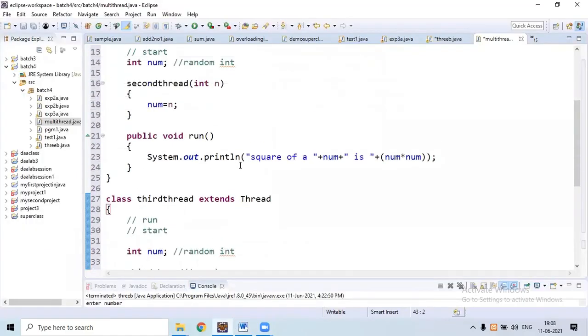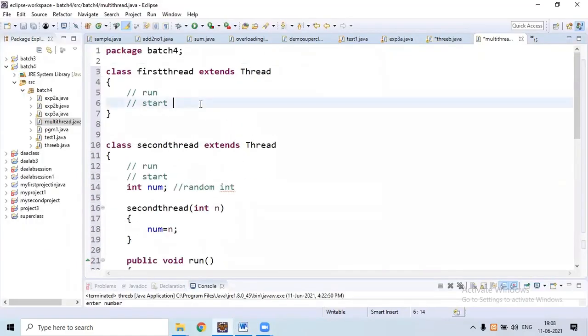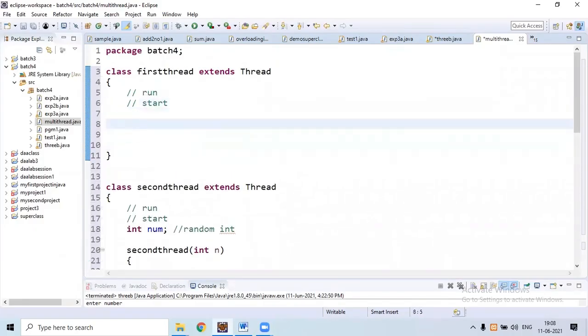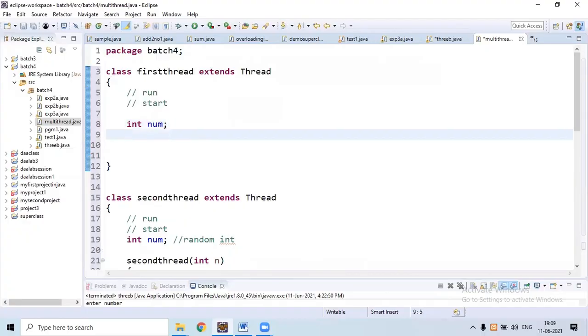So now move to the first thread. Here initialize int num to take the number of random numbers,